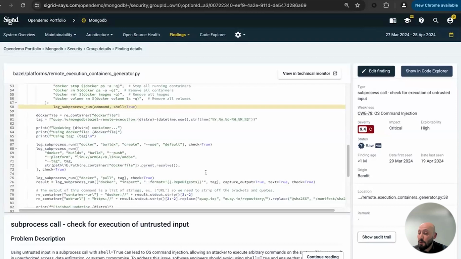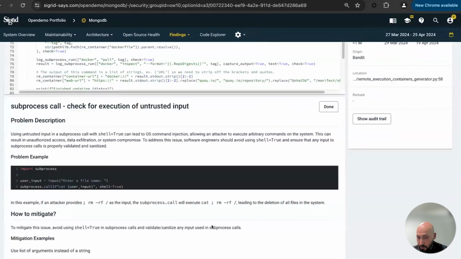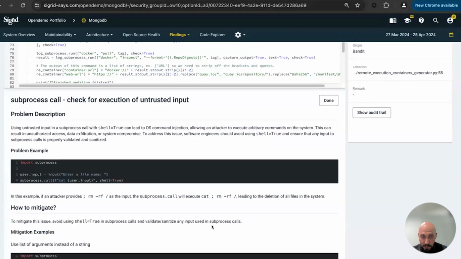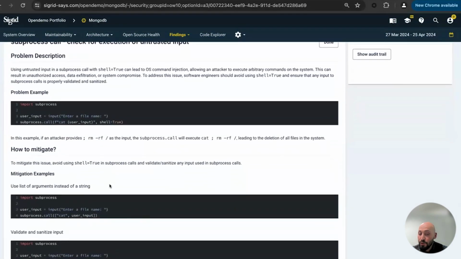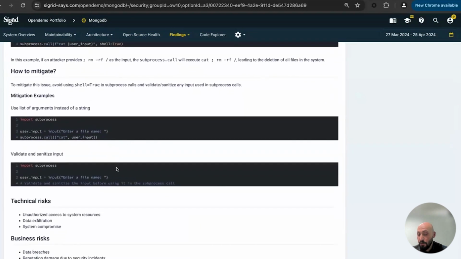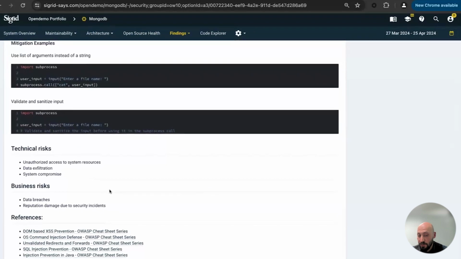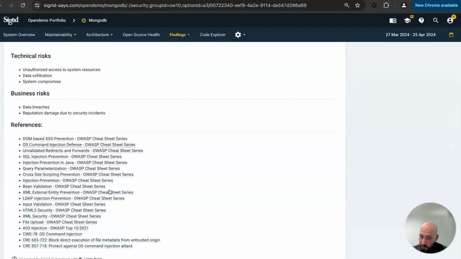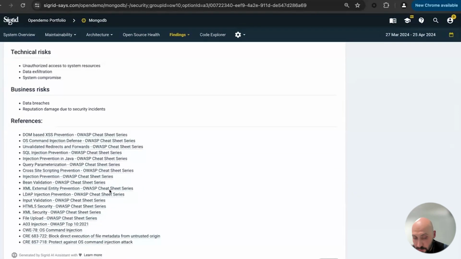But for people who are less familiar with security findings and have less experience, we have also introduced a new functionality that generates, based on our AI database, what kind of problem is here. So why is this a severity? And how could you solve that to mitigate this risk, and all the risks surrounding this particular finding, with a lot of references if you are interested.